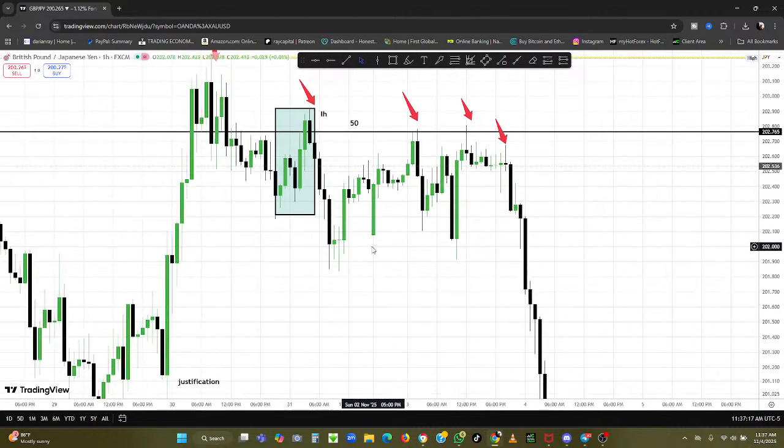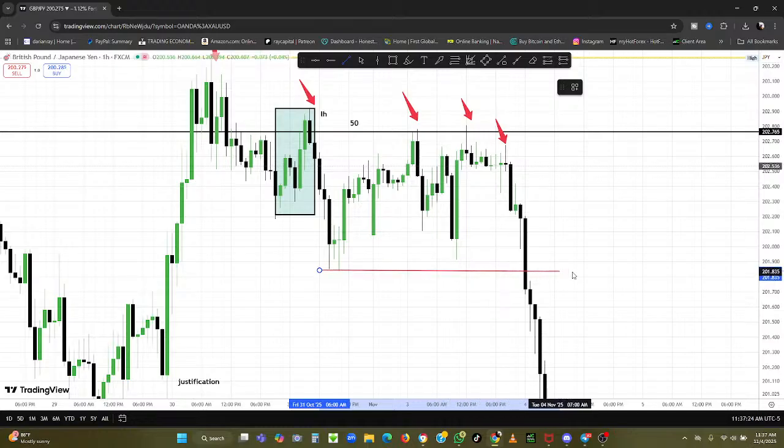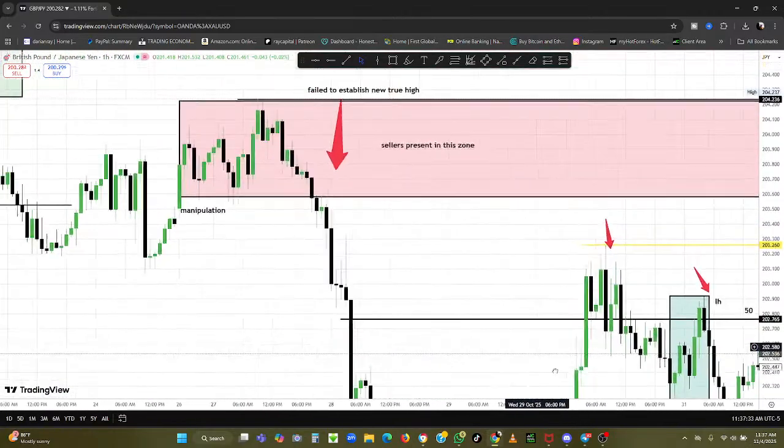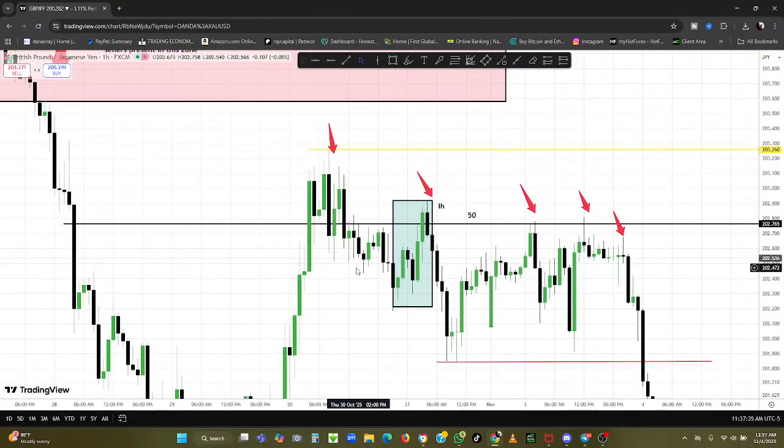Now, if I were to take it a step further, let's say you were being stubborn. Even if you were being stubborn, let's hope that in your stubbornness you would have drawn a line right here. So inside of the overall range, a range within a range within a range, you would have quickly realized that inside of the bigger sell that took place and the correction attempt,